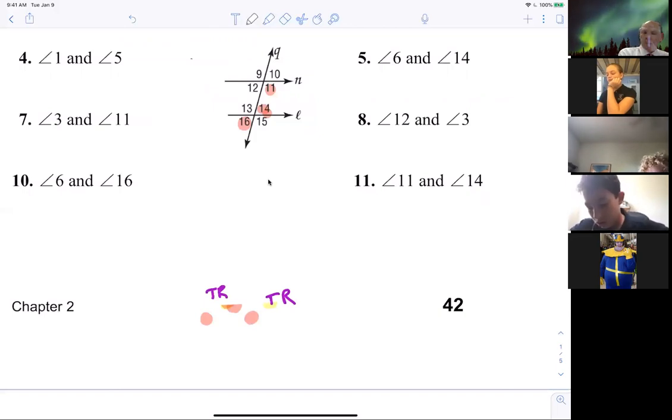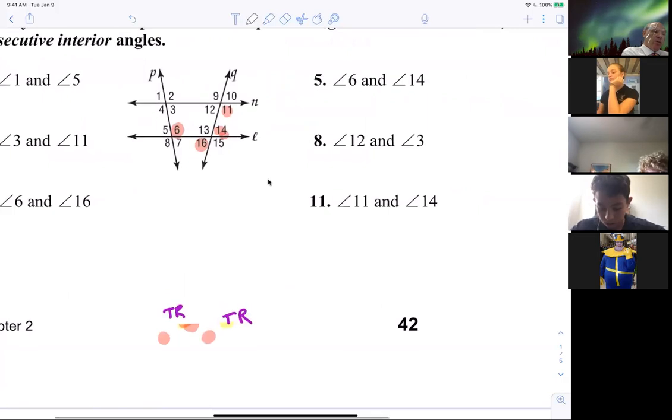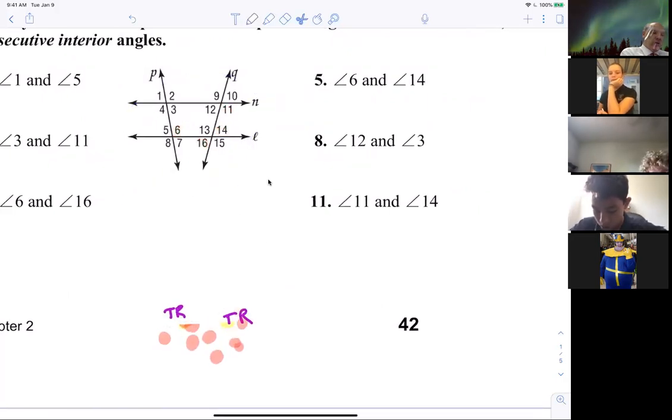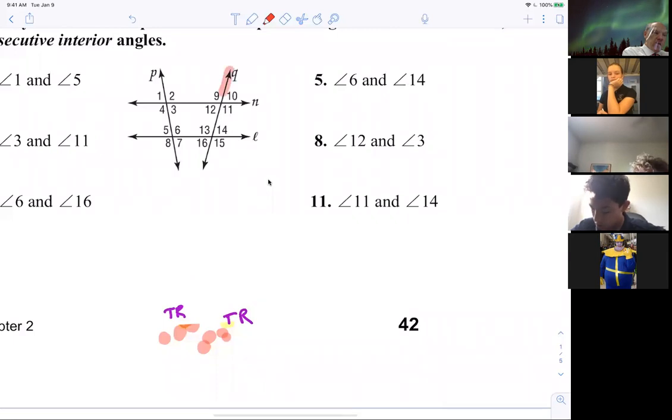Yes, sir. How do you know which one's which? Okay, that's a good question. Everybody asks me every year, right? So let's look at this, and I can try to show you how I know which ones. All right, so he was having trouble with 10 and 16, right? So 10 is this angle, 16 is this angle,